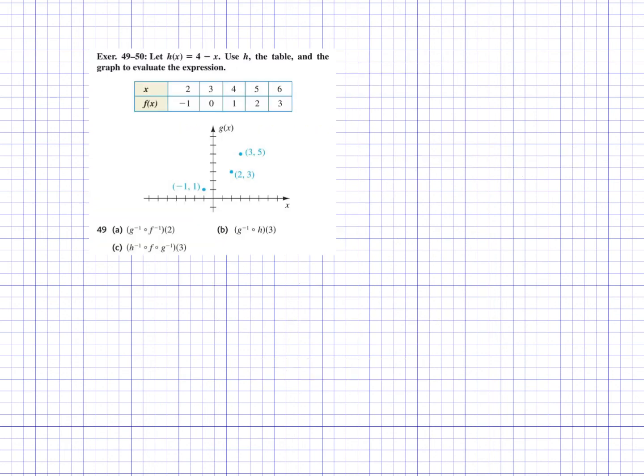All right, last problem. Okay, h of x is 4 minus x. Use h, the table, and the graph to evaluate the expression. Okay, so the inverse of 2. Okay, so the inverse of 2. So what do we get when we do the inverse of the inverse? I want to take a different approach of this, and hopefully you can try to see this. This is actually a very easy problem, but it makes no sense to you if you don't grasp what's going